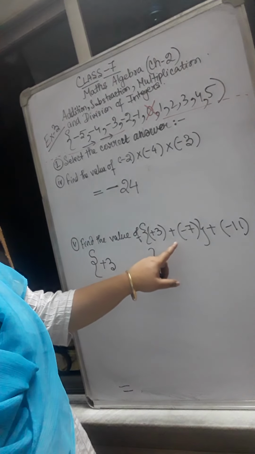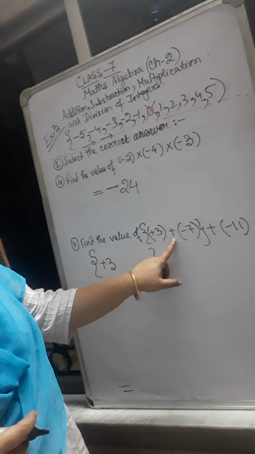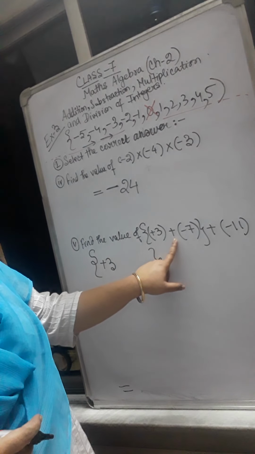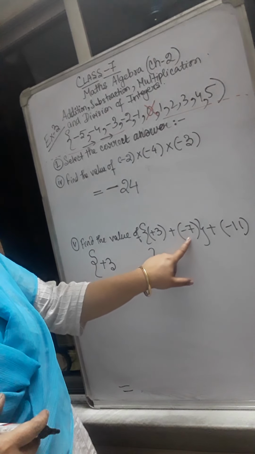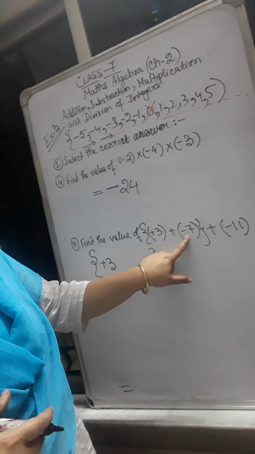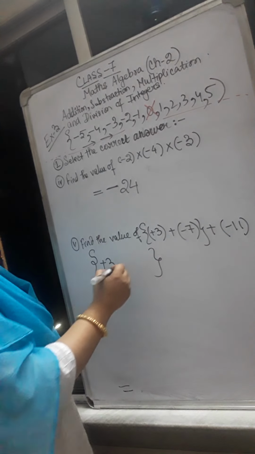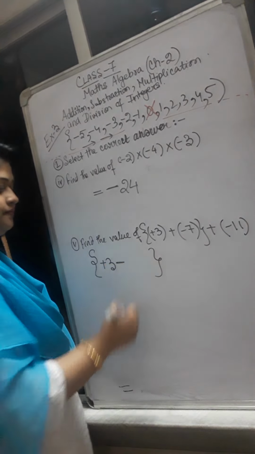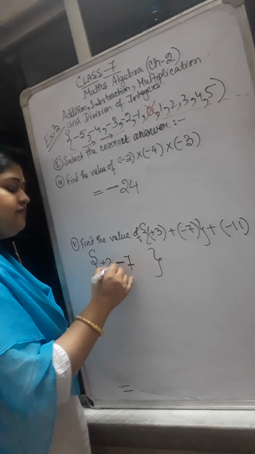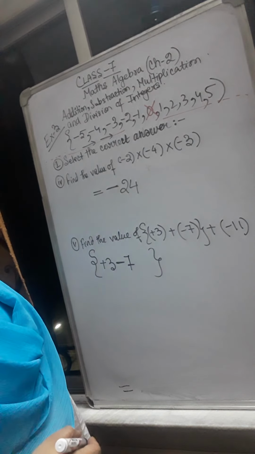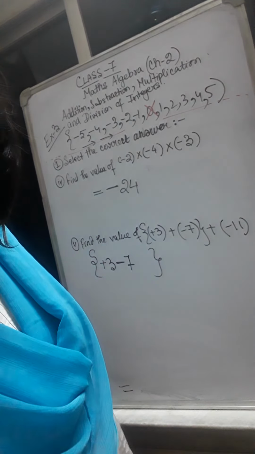Then within the first bracket minus 7 is written, and before the bracket a plus sign is written. So when you remove the bracket, the signs get multiplied. That means plus into minus. So opposite signs are multiplied, always the sign will be negative, and write the number. So 7 will ultimately have a negative sign. And with that, what is added at the end?